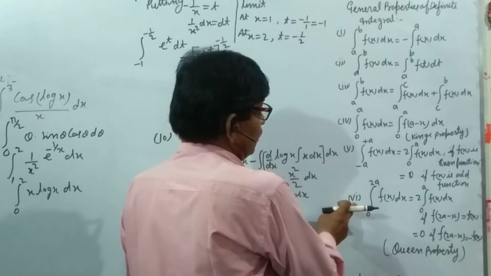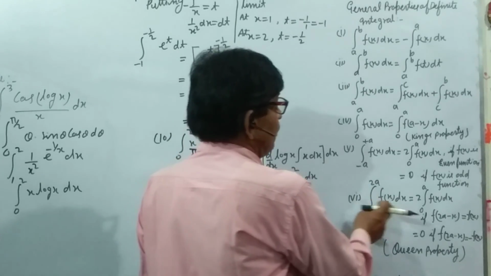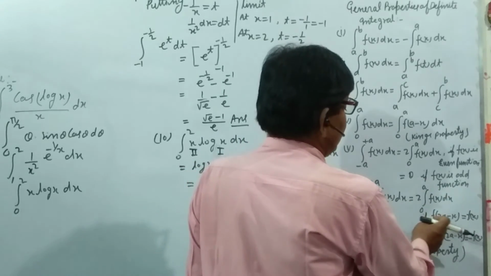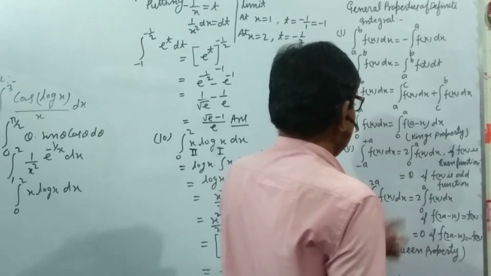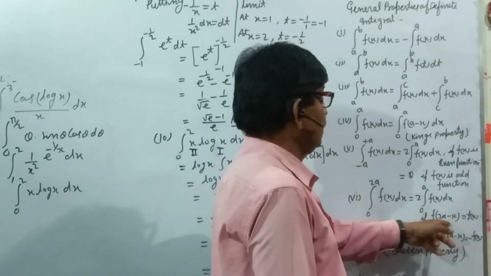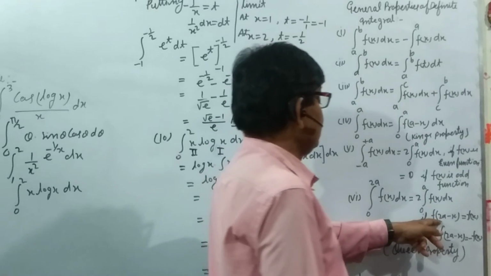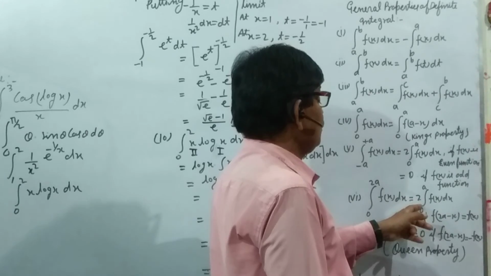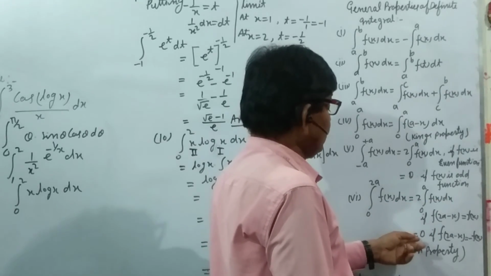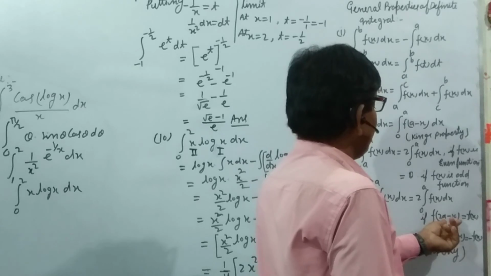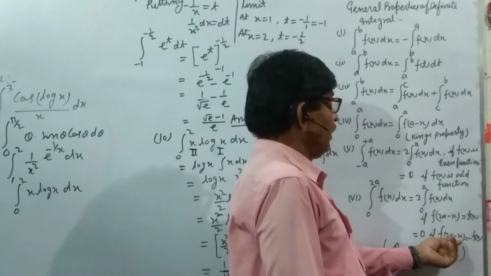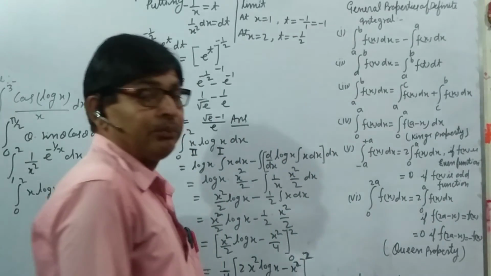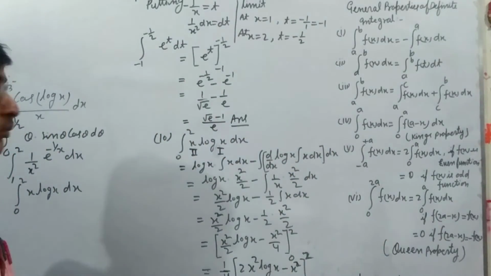And property 6, 0 to 2a f x dx is equal to 2 times 0 to a f x dx if f of a minus x is equal to f x. This change does not change the value of this, so that this can be written as 2 of this form, and this is equal to 0 if the value of the function changes to the negative sign. This property is known as Queen property. Now we solve